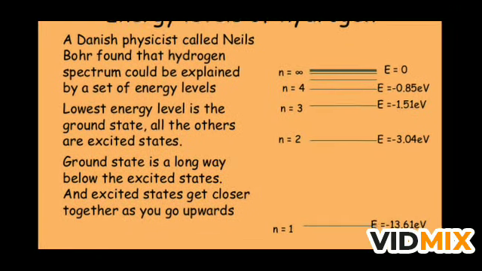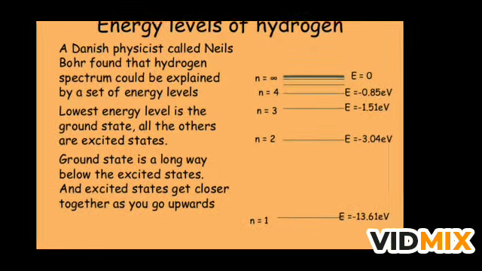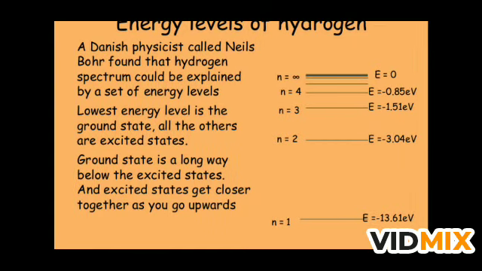Now if you see the energy level diagram of hydrogen, hydrogen is the simplest element, or we can say the lightest element. The total energy needed to remove the electron from the hydrogen atom, what amount is needed, we can see from this figure. n=1 is the ground state, then n=2, n=3, n=4 and so on till infinity. You see at the infinite level the energy is 0, and at the ground state the energy is minus 13.61 electron volts. So what does it mean?